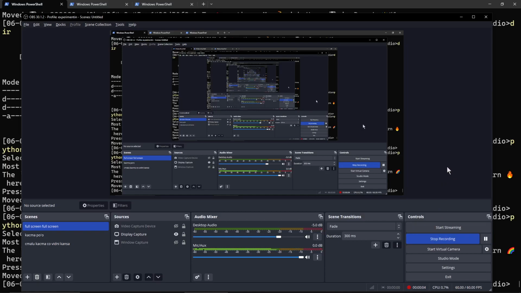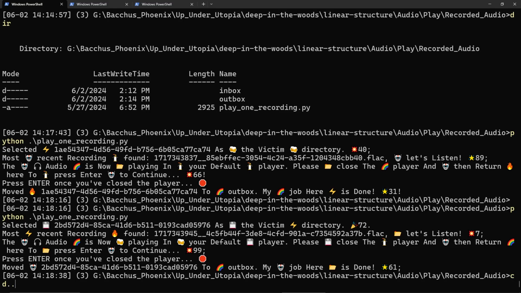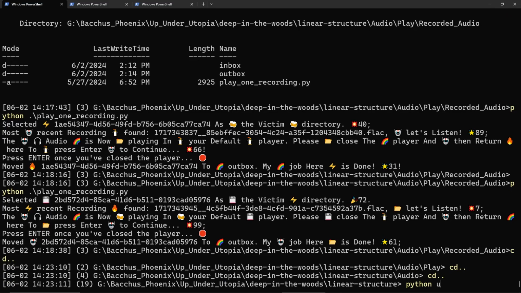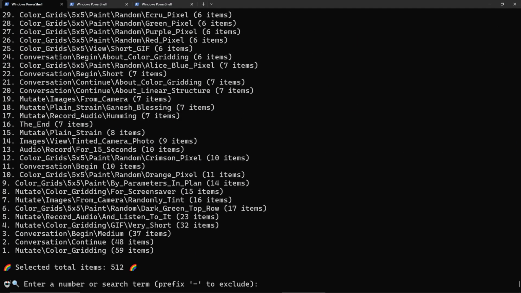So I'm going to use this process family. I'm going to participate in this process family called linear structure deep in the woods. Linear structure deep in the woods has some things in it and does some things. I guess it's not going to be immediately apparent what